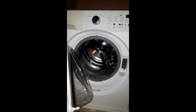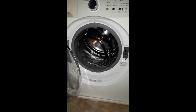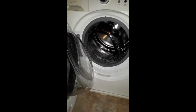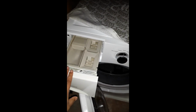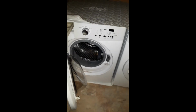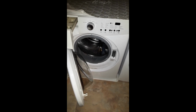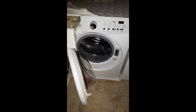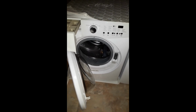Now that I'm all done cleaning my washing machine and the wash tub in the basement, I'm going to leave the door open to allow the moisture to continue to dry out so that no new mildew builds up. I'm going to leave this tray open as well so that all condensation can dry out and prevent the buildup of more foul smells. I do think I'm going to incorporate the baking soda and vinegar